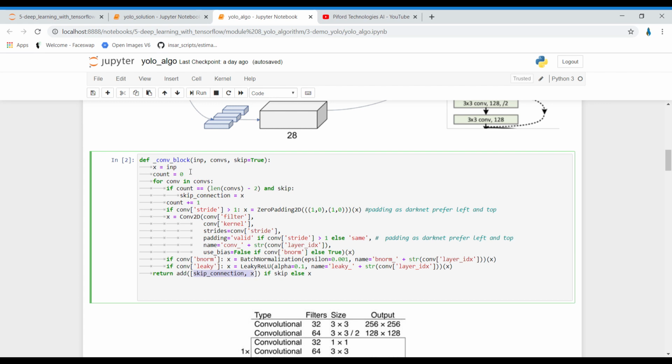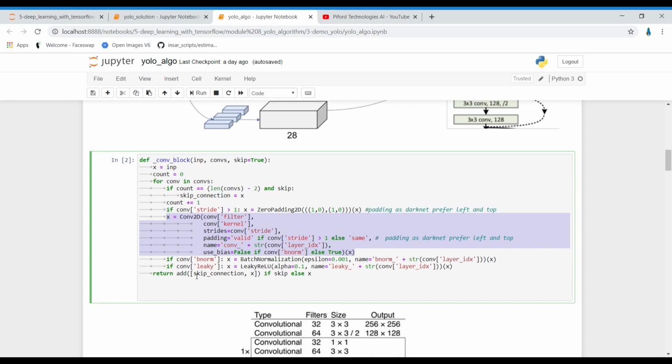Skip connection equals x means we have created a variable named skip connection and we are storing the initial value of x, the actual x value, in it, so that later when I perform code on this x, the value of x will get changed. So it is good to store the actual x value in some other variable. That's what I'm doing over here.